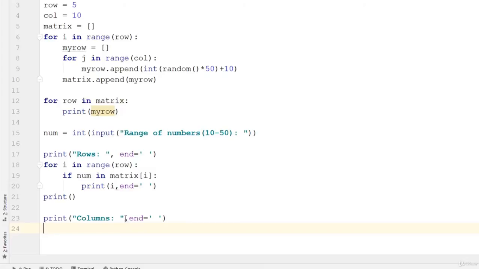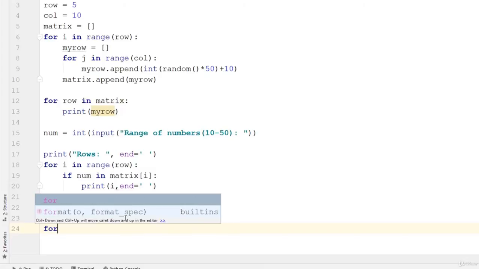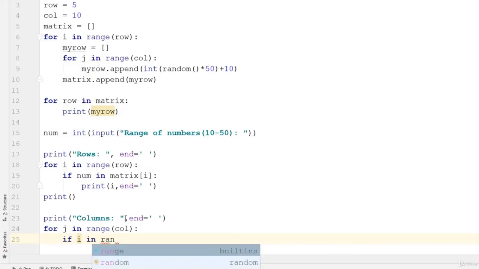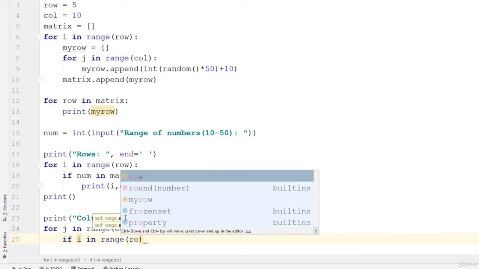So let's go ahead and use a for loop. I'm going to say for j in range of code. So for j in range of code, then we go ahead and use an if statement to check if i in range, sorry, if i in range of row,